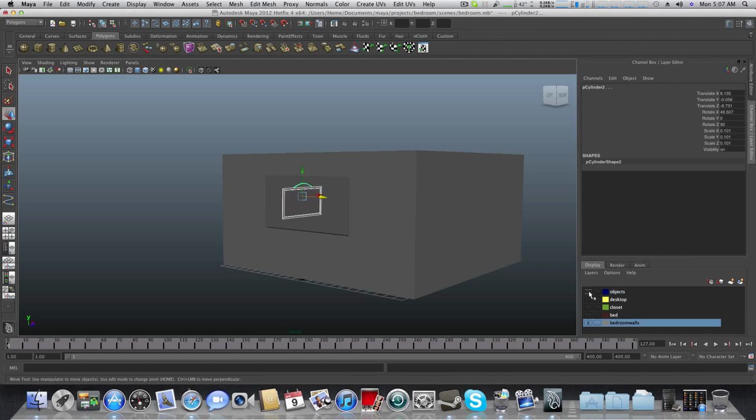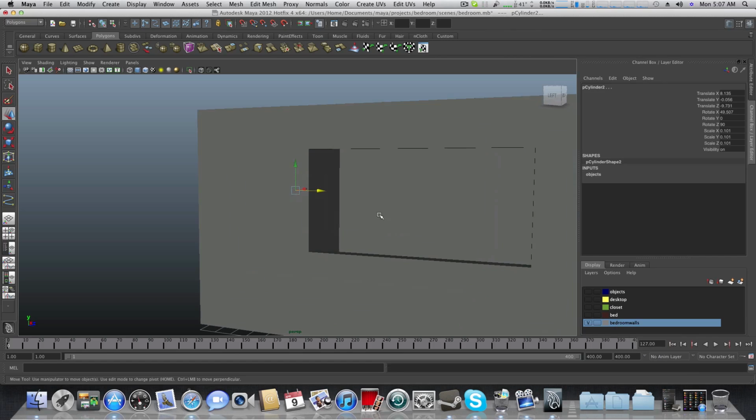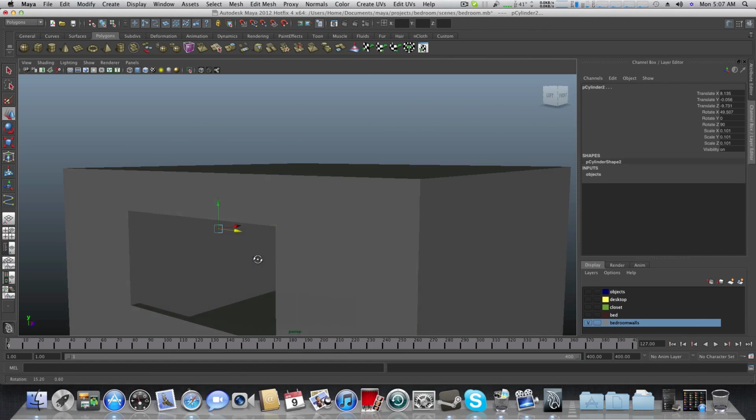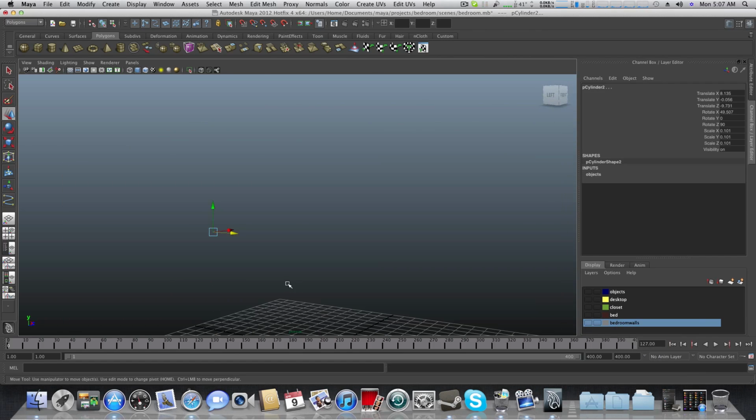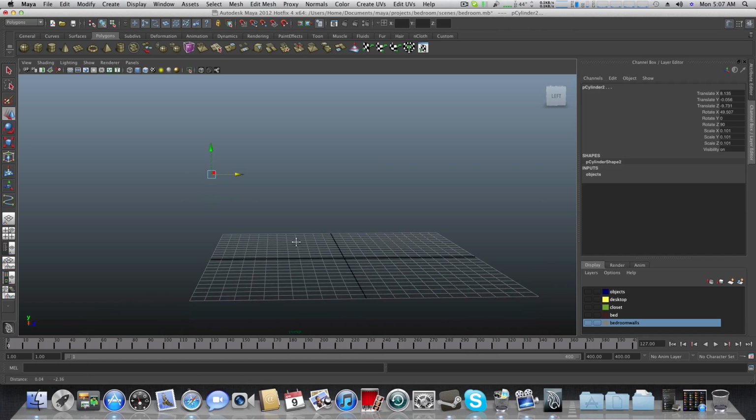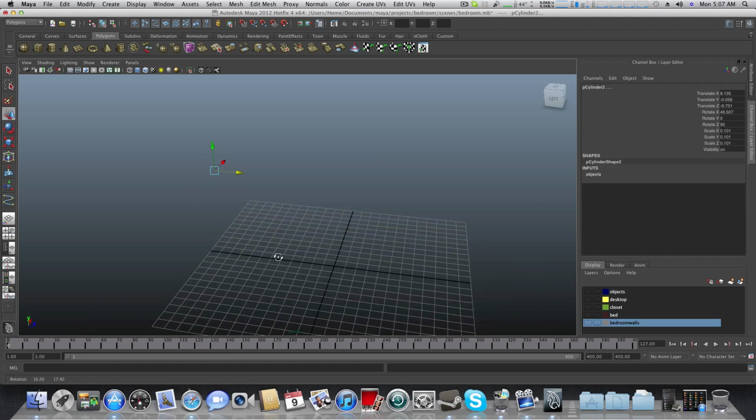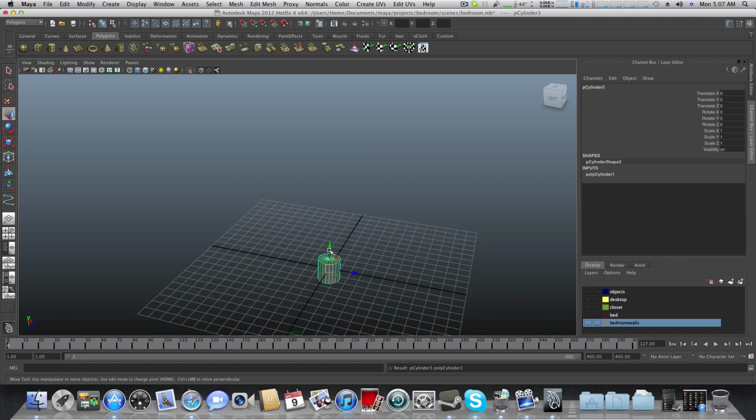Yeah, add this frame to our objects also. So right click on objects and add selected objects. Okay, and then we are going to unreveal the bedroom walls,